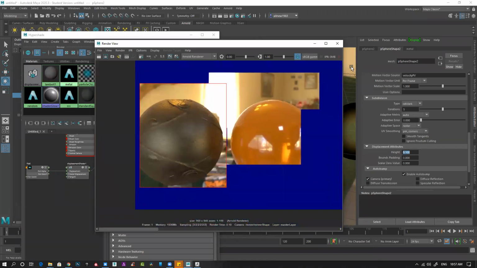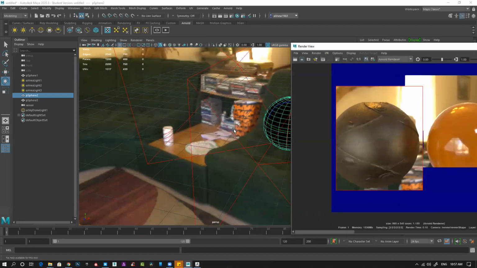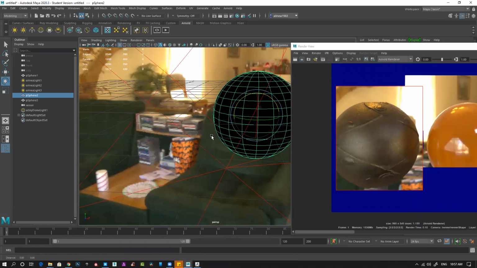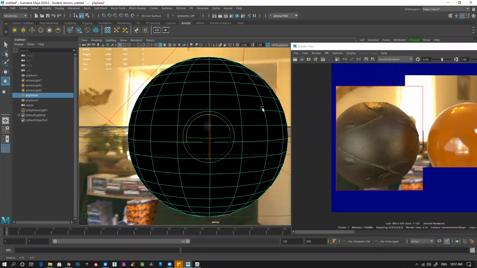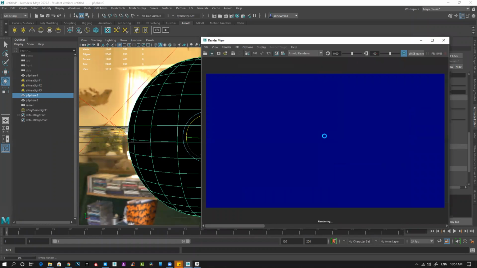So if I want to render this thing, so let's see. Okay, and I can simply zoom in on this one just to check if this works perfectly. Right click, render perspective this time.